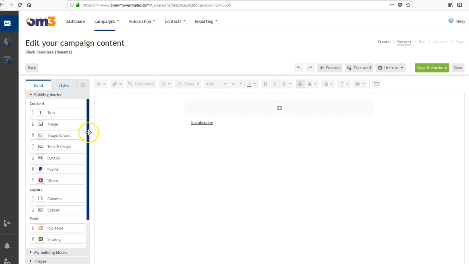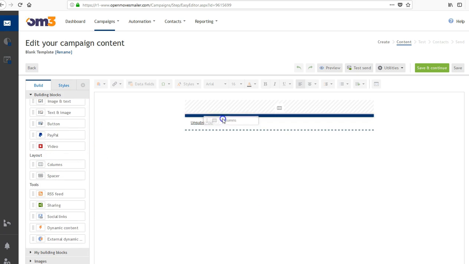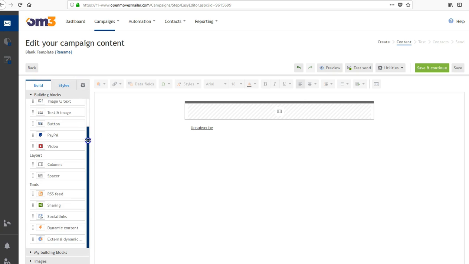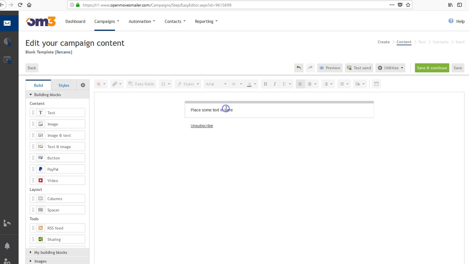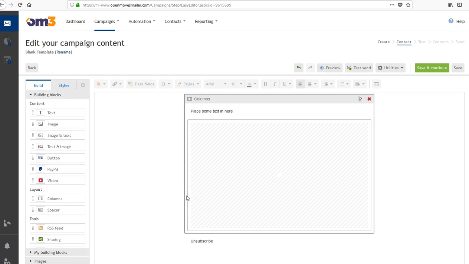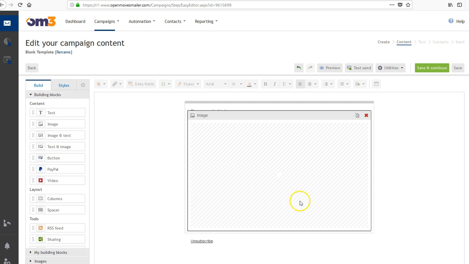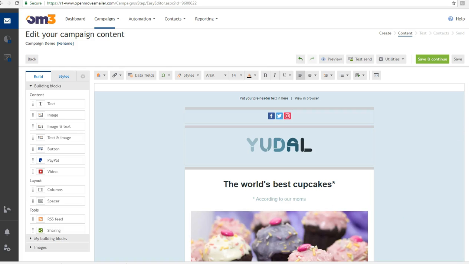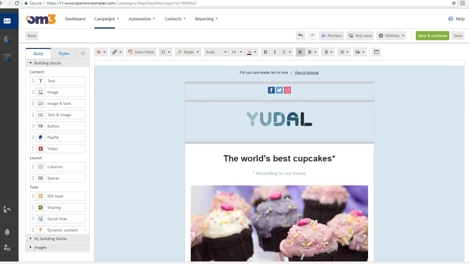Okay, so it basically would work just by dragging over a container or a column to start with. And you would just go from here building what you need to. A text, maybe then you want to insert your hero image or your logo, and so forth. So it's not as scary or intimidating as you might think to set up a campaign from scratch. But for this training purposes, I'm going to go through this pre-built campaign just to show you what all these